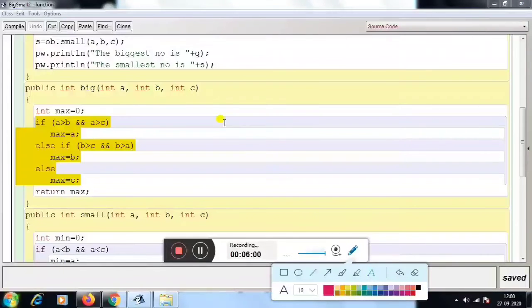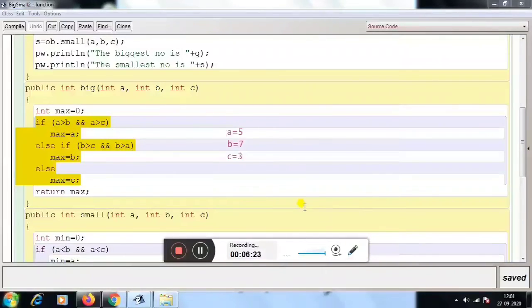Suppose we enter a equal to 5, b equal to 7, c equal to 3. According to the loop, if a greater than b and a greater than c: a is 5, b is 7, so a greater than b, no, then it will jump to the next statement. Now this statement will be executed.